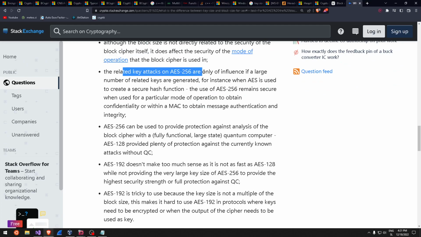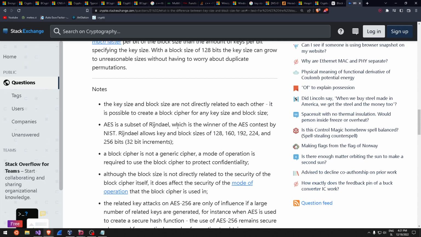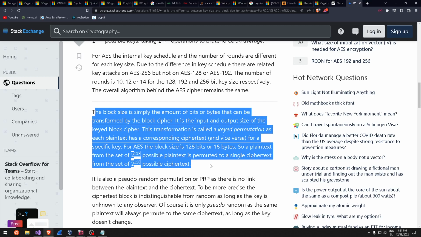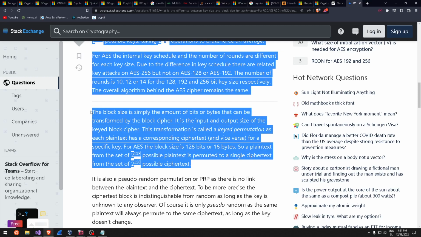The related key attacks on... Oh boy. AES can be used to provide protection against... Oh my god, no, I'm not gonna read all of this. Well, I think this is the most important part, like the most interesting. But still, I am missing something, like, is